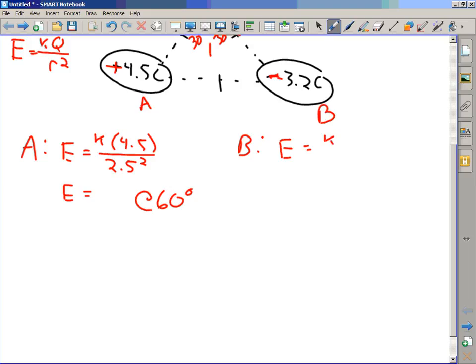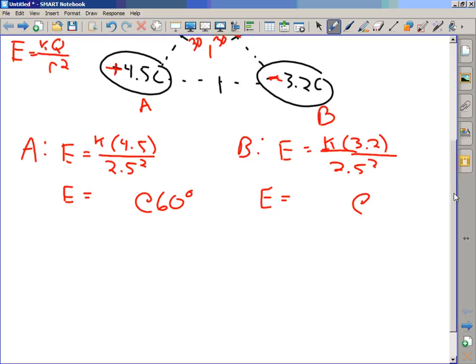E equals K big Q over R squared again. Let's come back at it. Just plug those numbers in. K, 3.2, I'm dropping the negative. I'm going to do the directions myself manually by the angle. That's why I can drop the negative. Divided by, once again, the same distance, 2.5 squared, so I get E equals something at, now let's get